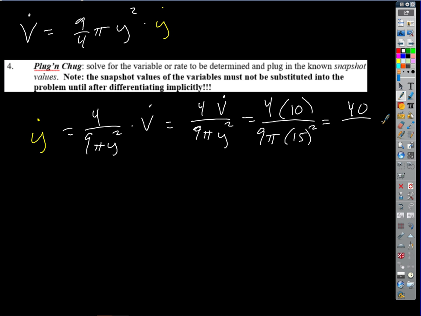Yikes, what's that going to be? 2025, that sounds right. 2025 pi. And then we could divide everything by 5. So that's an 8, and that's going to be 405 pi. So our final answer then just looks like y dot equals